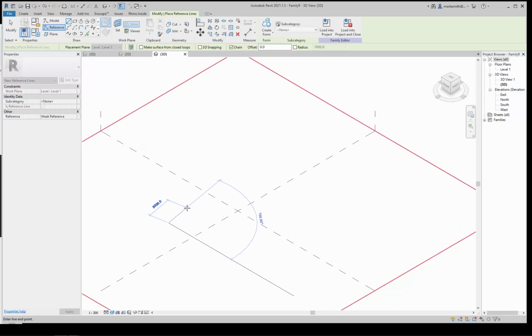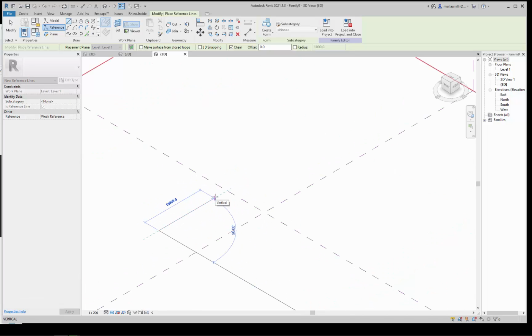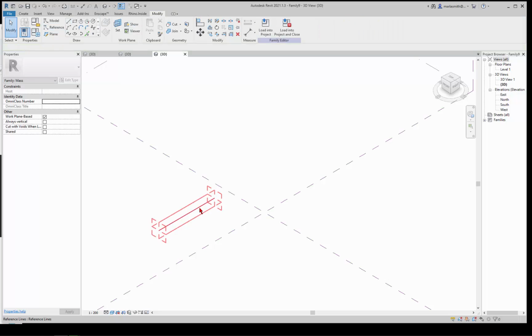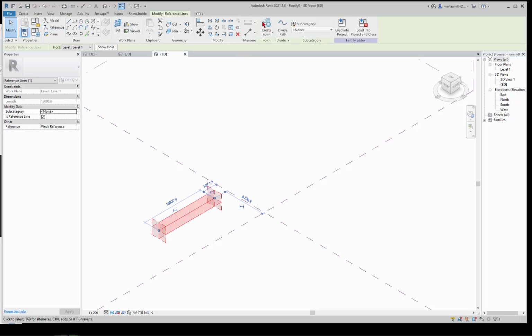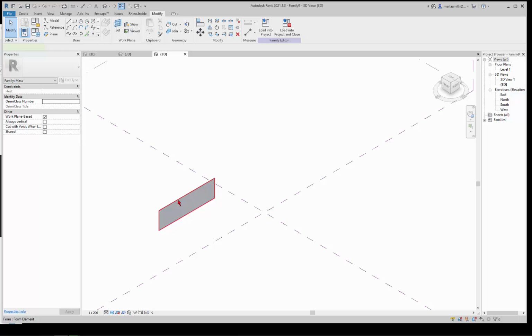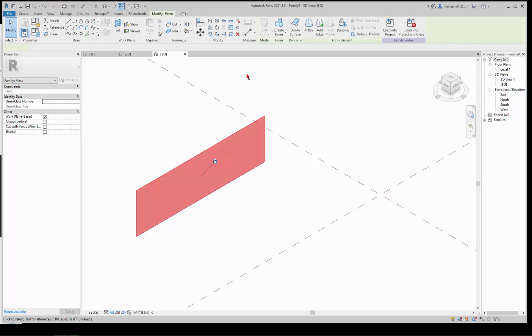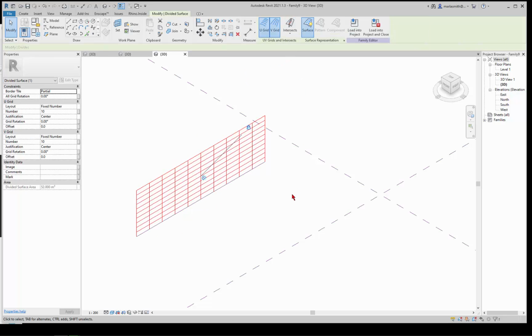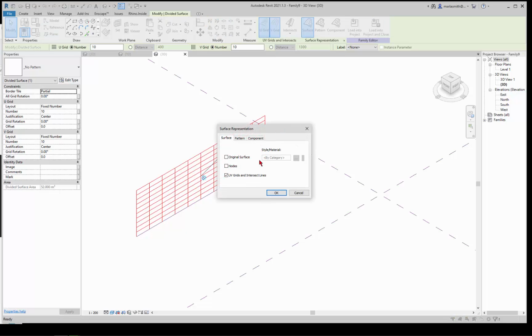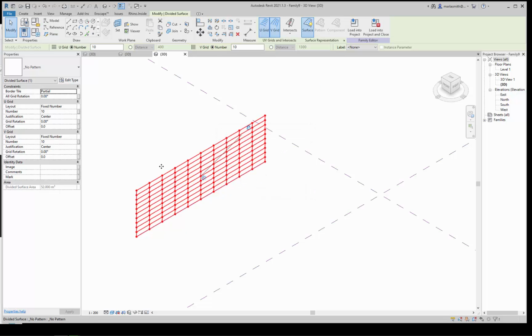Oh, that's a big line. Let's make it not so big. Maybe something like that. Then create it, pick it and go to create form. It'll put this little guy up here, and it's at 4,000. That's a pretty good height. Then you can divide that surface and turn on the nodes, and then change